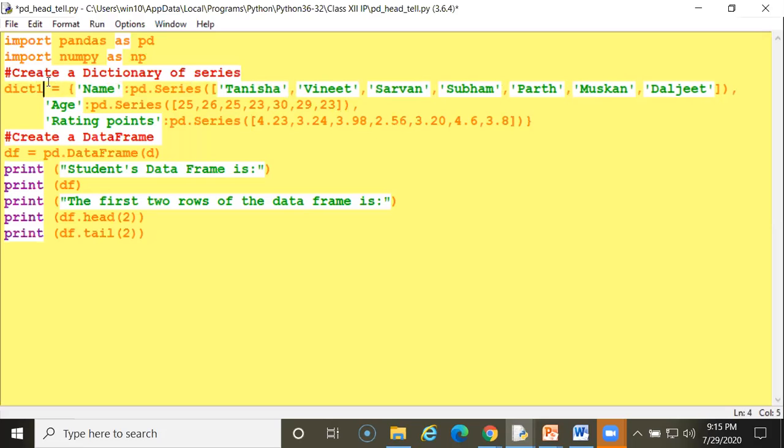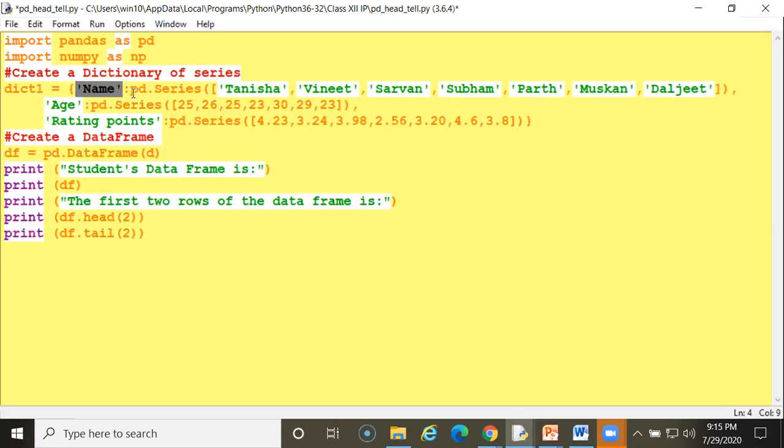I am using here dictionary 1, dict1. So name is a title. If you want to make any record of students, first you give the title. So I am writing here, this is my title, under which the names will be printed.